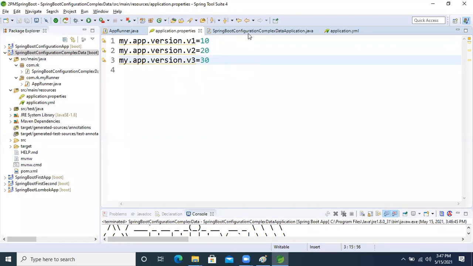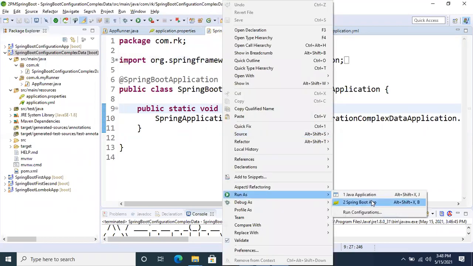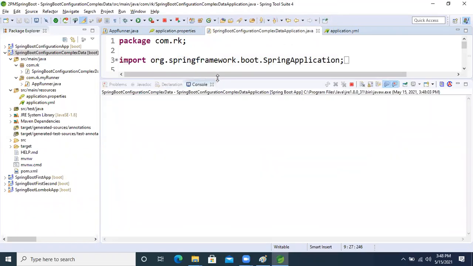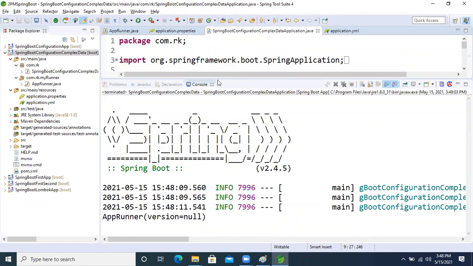V1, V2, V3 is fine, right? Now right click. Why are we getting null?